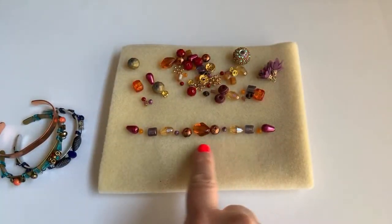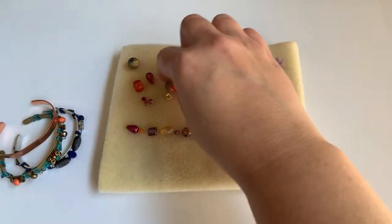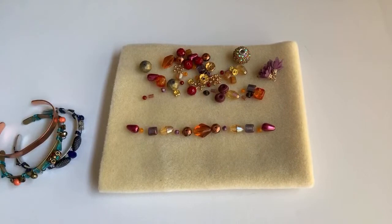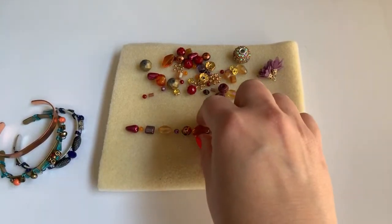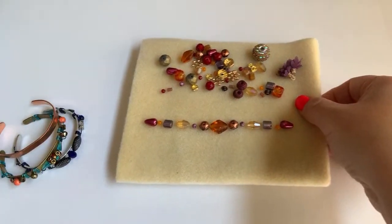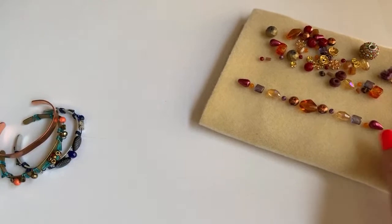All right, I think I'm gonna go with this. Sound good, guys? Sound like a nice little mix here? I like that we've got a little bit of all the colors. We've got the oranges, the purples, and this hot pinks in here. A little bit of everything. All right, cool. Okay, so now that I've got my bead layout here, I'm just gonna move this to the side